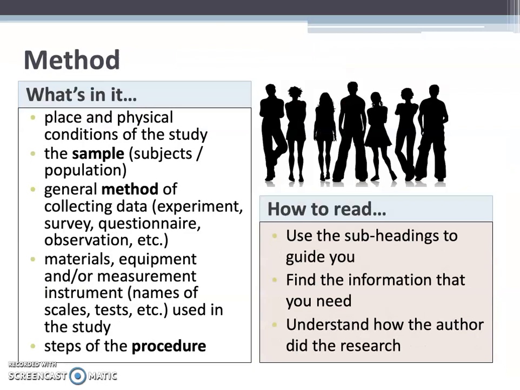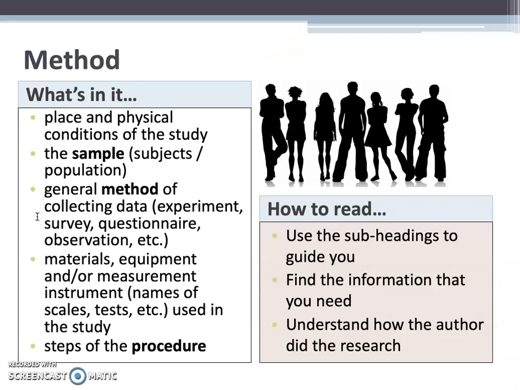After the introduction, generally you find the section on method. And in the method section, the author is going to talk about the place, another word could be setting, where the study took place, where it happened, the sample, which would be a number of subjects or participants or people in the population who were being studied, and then the method that the researchers used